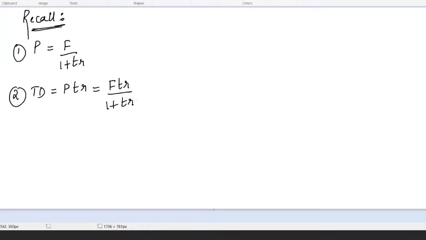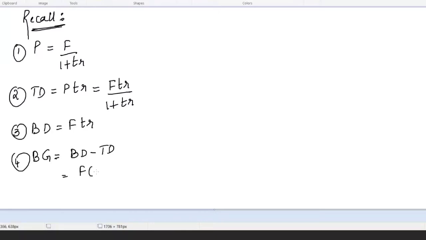So this is the TD formula. Third one, BD is equal to FTR. Fourth one, BG. Remember BG, how many formulas do you know? 3 formulas. BD minus TD